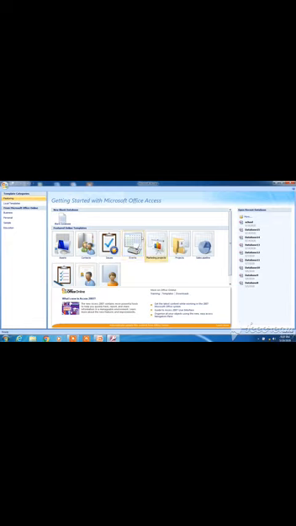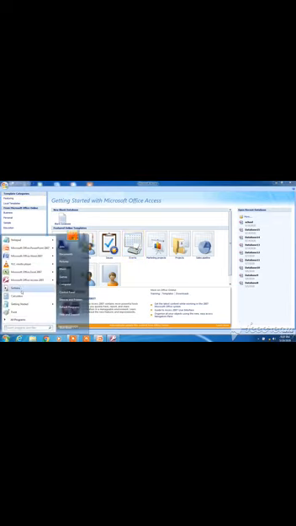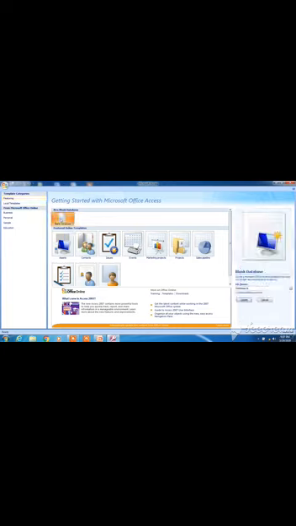This is MS Access. How did I get it? Go to Start, All Programs, Microsoft Office and Microsoft Access, right? After that, click on Blank Database. You will get a file name, and we will name the database as school GMPS, right? Click on Create. Your database will be created. In that, I will be using Design View to create the table.